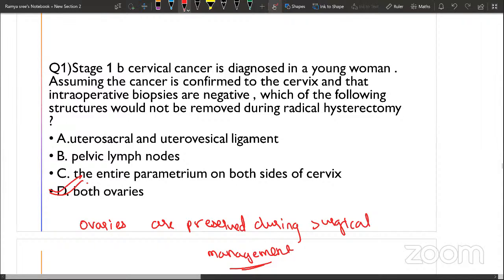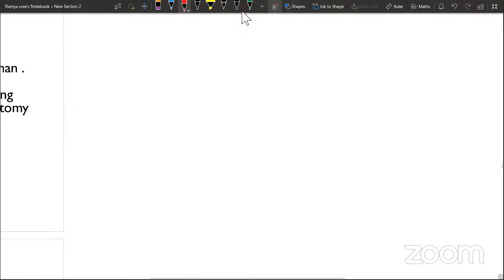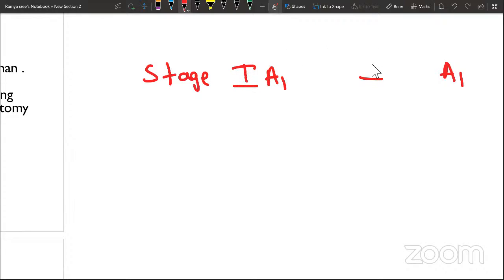I have a very simple way of remembering it. I hope I have taught you, or I don't know if I taught you, but I'll repeat it again. The simple way of remembering which stage, what management. Staging starts from which stage? Stage 1A1. Keep A1 constant. After 1, the next number is always 2. So from stage 1A1 to 2A1, you will do surgical management